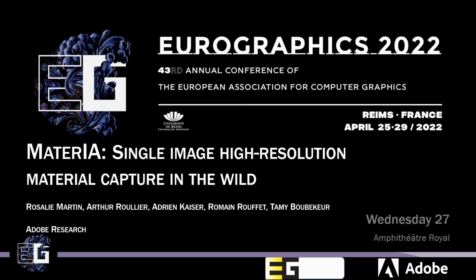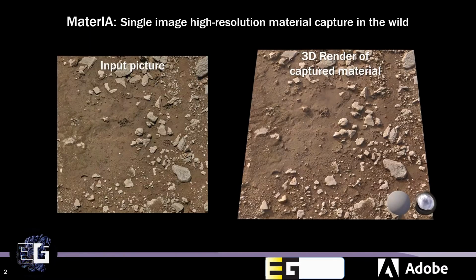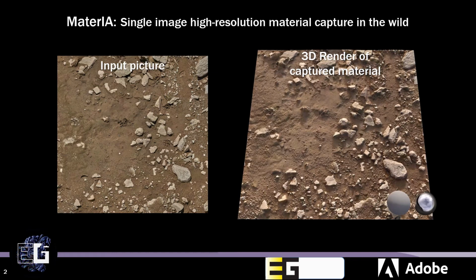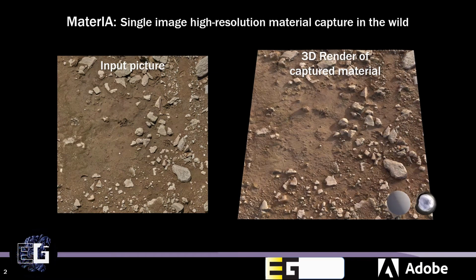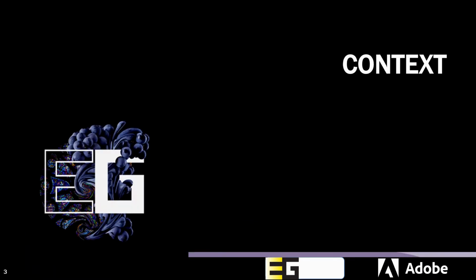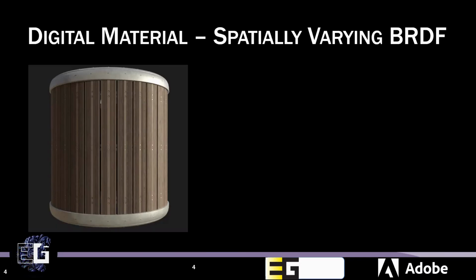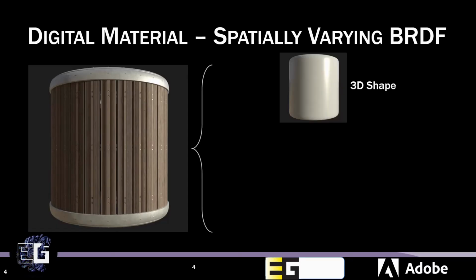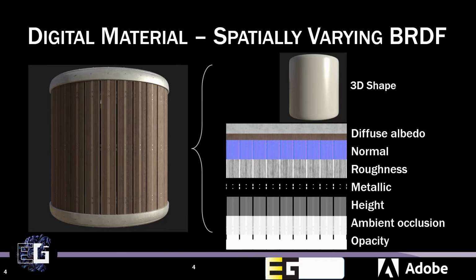Rosalie Martin and I'm going to present to you MaterIA, our approach for single-image high-resolution material capture in the wild. To put a bit of context, digital materials provide 3D objects a realistic appearance by describing how light interacts with them. These reflectance properties are defined by a function called the bidirectional reflectance distribution function, and these parameters, when they